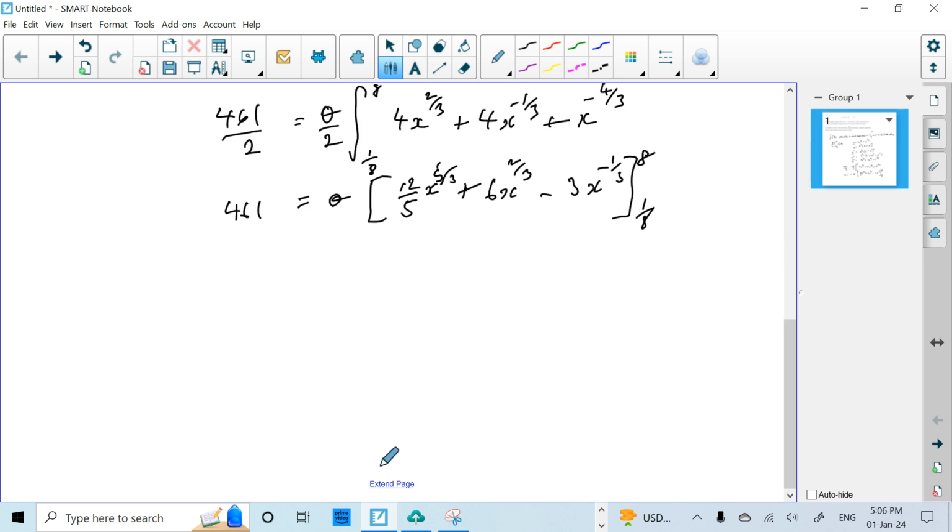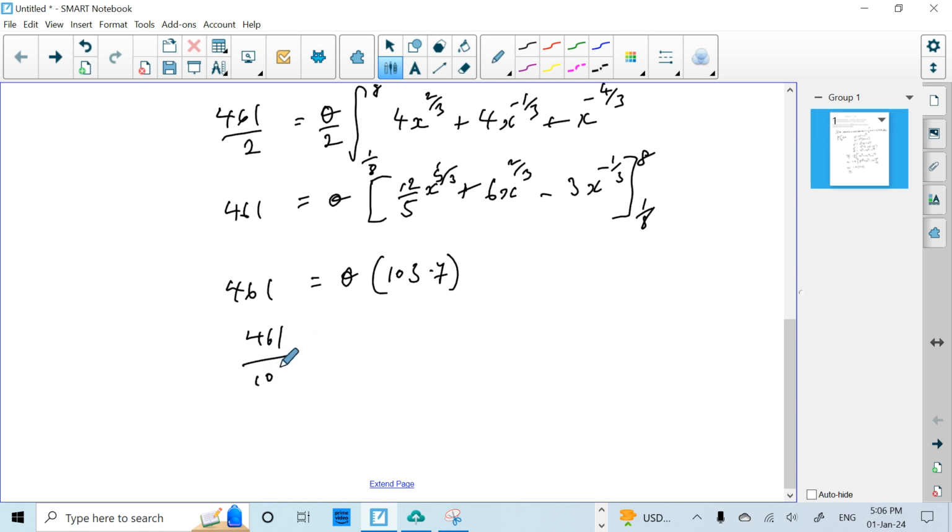Now, you can go to your calculator at this point and substitute in 8 and 1 over 8 for x, and you're going to end up with 461 is equal to theta times 103.7, I got, and of course that gives me theta equal to 461 over 103.7. I got theta is equal to 4.45